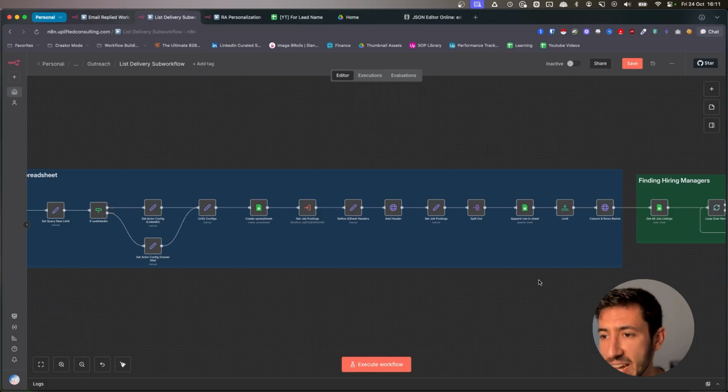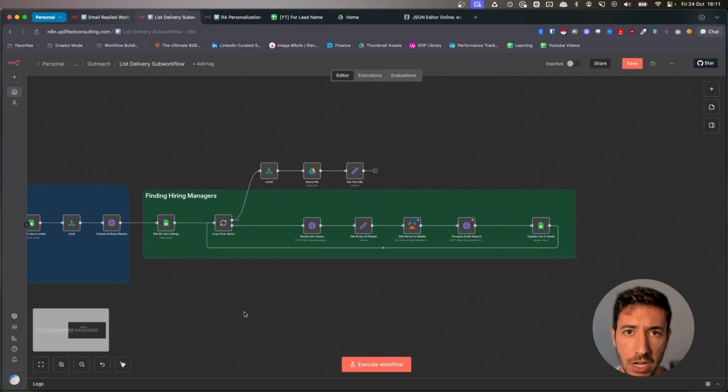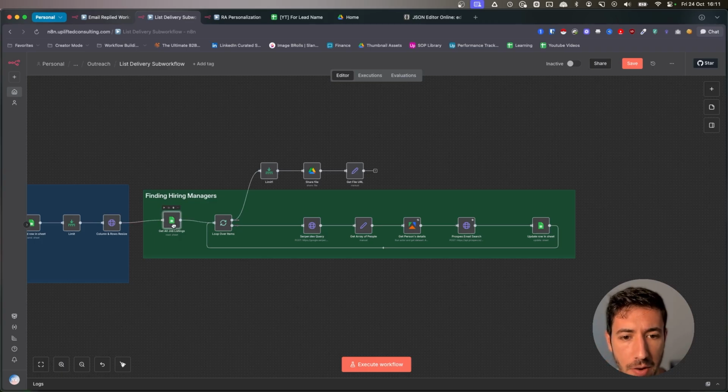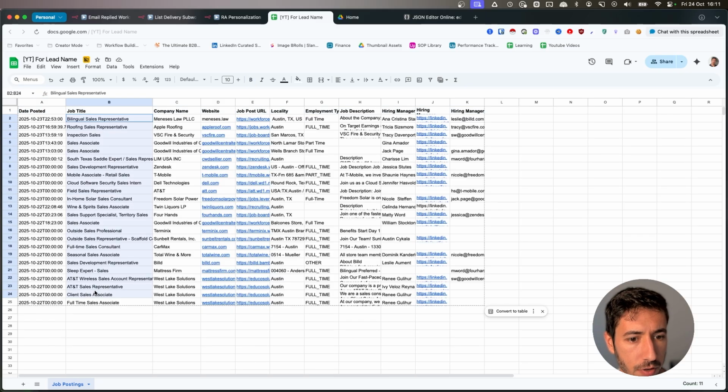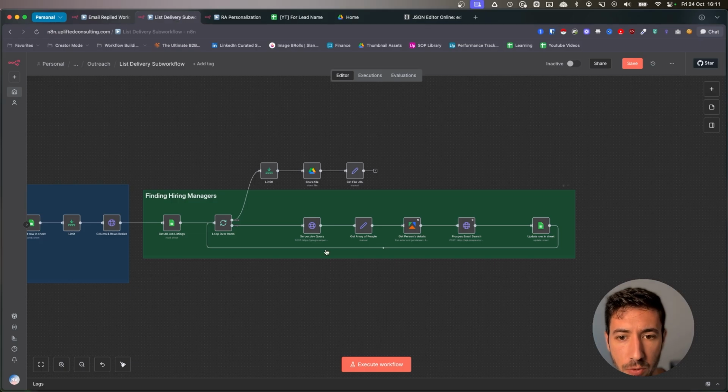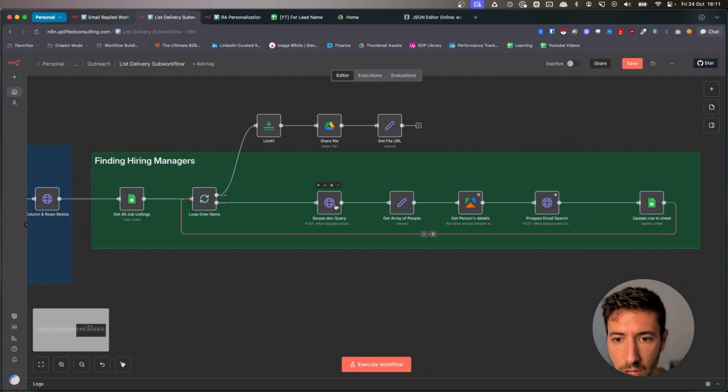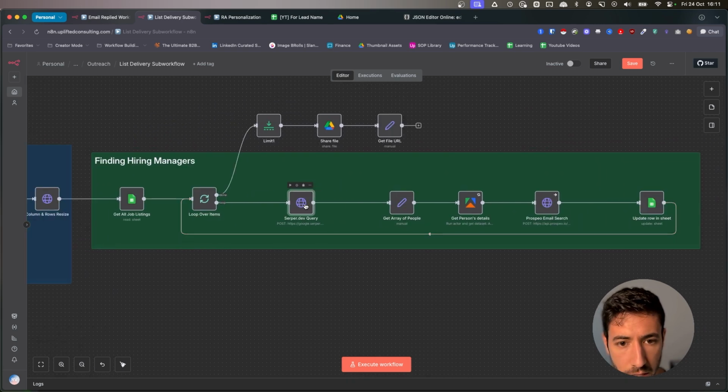We wanted to go the extra mile over here and give even additional information. So we went through and gave information about finding the hiring manager. In this instance, we get all the job postings. So we get all these different elements over here, and then we are iterating across every single element over here. During the iteration, this means that for every single row, we run this